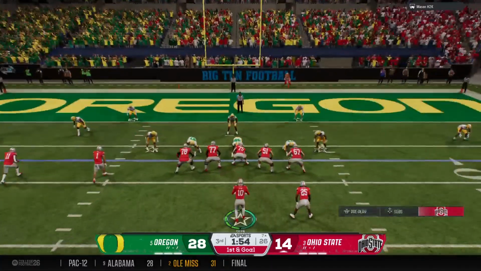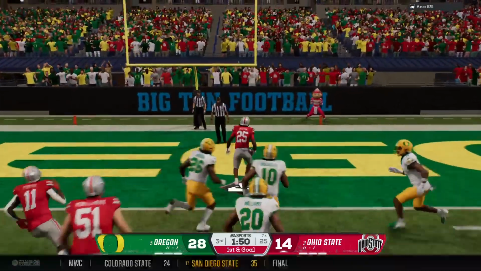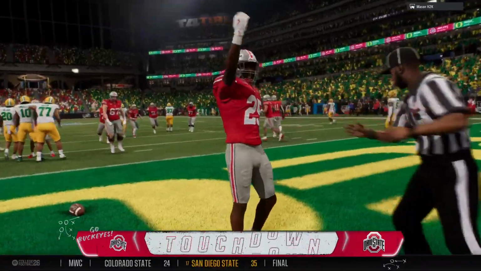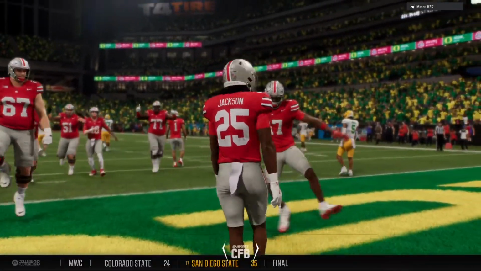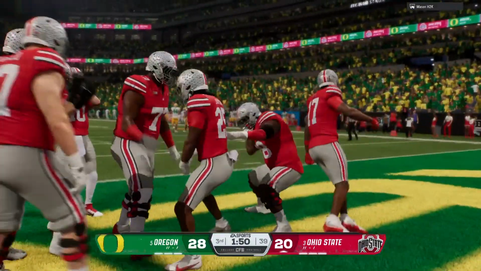It's 1st down and goal. Out of the shotgun, he hands it off. And he runs it in for the score. Touchdown, Buckeyes. Conference championship pressure, they just grind away. Beautiful execution on that methodical drive.